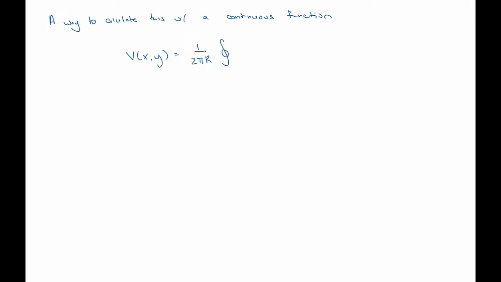Okay, so if I take the average of the potential, remember this is like summing the potential times the length around a circle, and then if I take that divided by the length of that circle, which is 2 pi r, I will get the average potential along that circle. That's going to be equal to the potential in the middle. Okay, so again, if this is the point where I want to find the potential, then one way I can do that is, in 2D, I can take the average